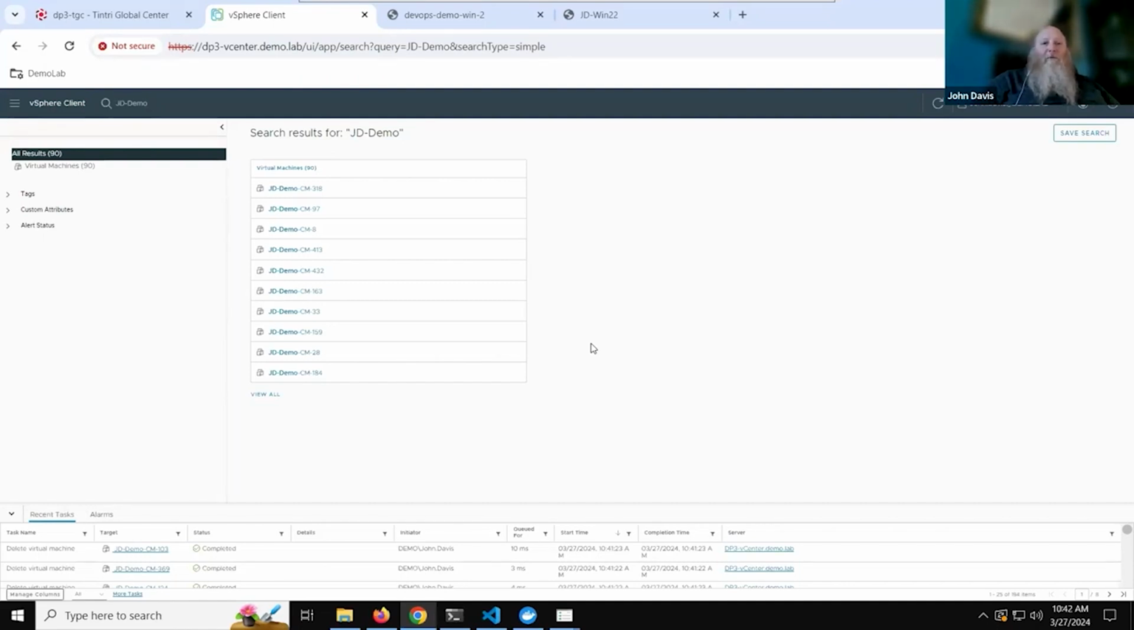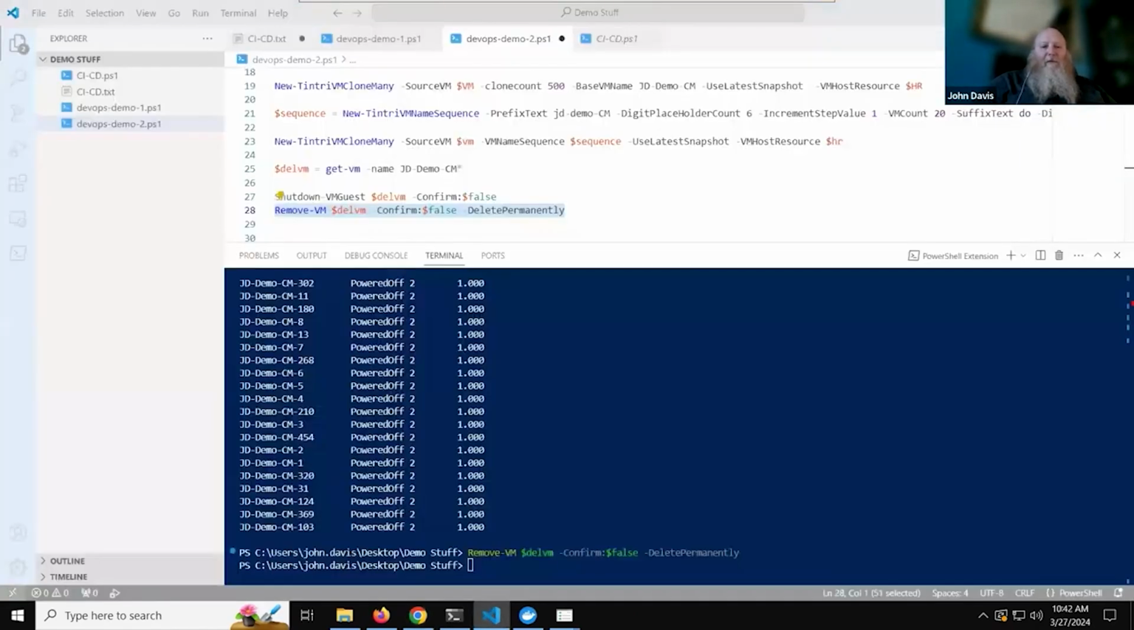So one thing I did want to point out too, if we go back to my script, one of the things that we're able to do, and actually we'll do